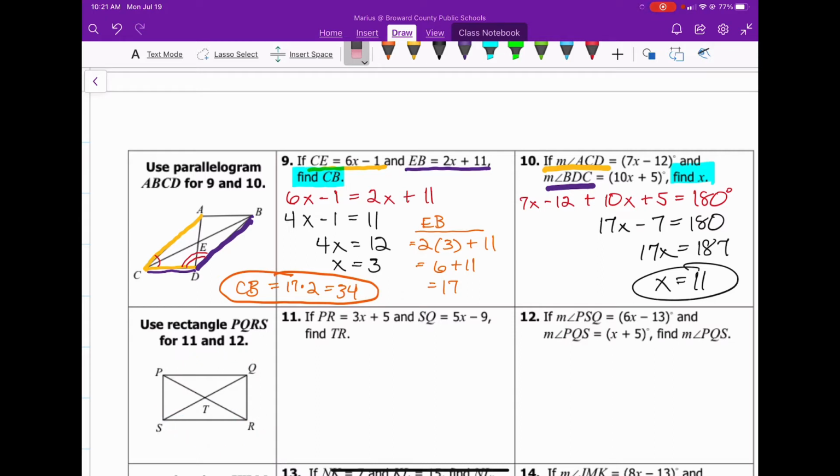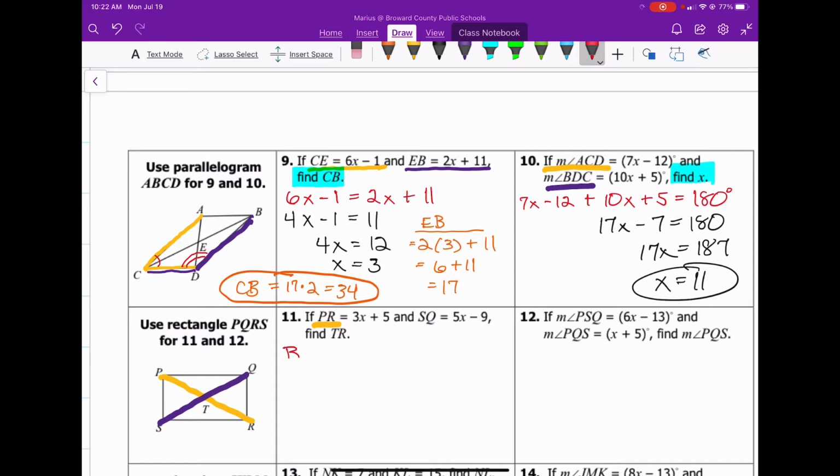Now that we've discussed that and broken the rectangle down based on the definitions, let's go ahead and look at these two problems to apply our work. So first they give us PR, and once again, let's highlight that. Here's PR. Then they give us SQ or QS. Now, we just got done saying that these are the diagonals and that they're congruent. So we know that